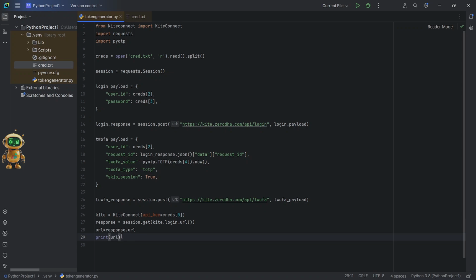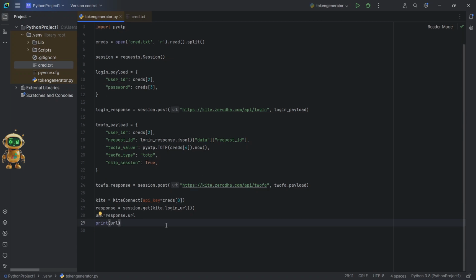We will save the response URL to URL variable. This URL will be containing the request token. We need to extract the request token from this URL.